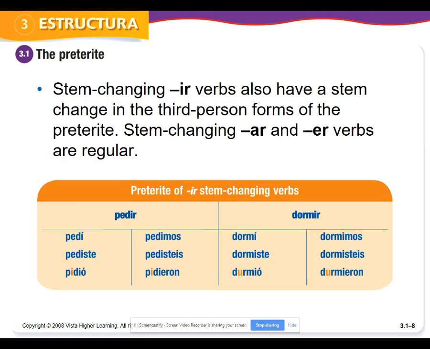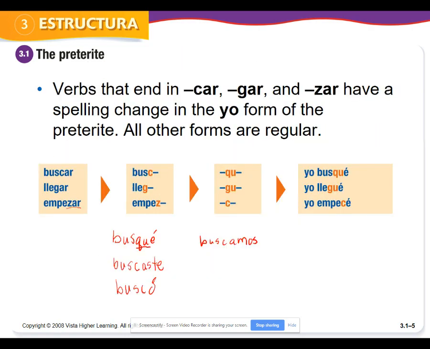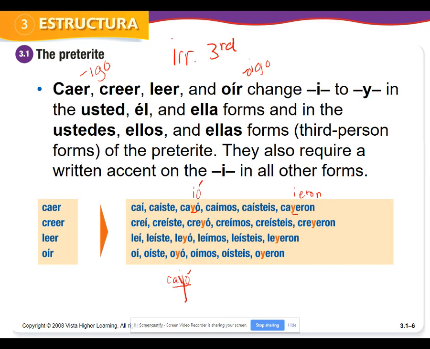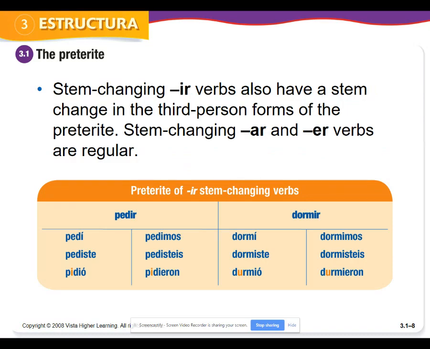So in this PowerPoint, essentially, we've covered your irregular yo verbs, irregular third person, and let's go ahead and talk about stem changers, because it's actually very simple in the preterite. Stem changing verbs in the preterite only receive their stem change if it's an IR verb. So you can make a list of IR stem changing verbs or go back into your notes for stem changers from the present tense. And if it is an IR verb, it's going to receive a stem change.